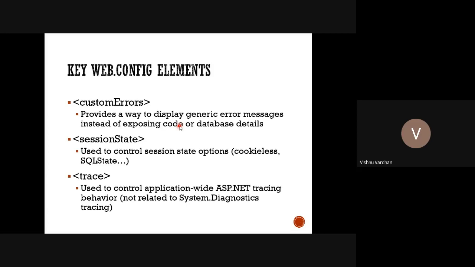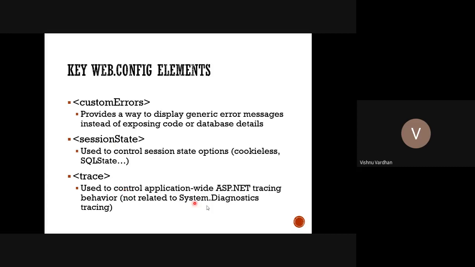Simply showing the JavaScript error or some coding error onto the interface is not a good way of doing the thing. So that's why custom errors will be handy in those circumstances. Okay? तो वो सेक्शन इंप्लीमेंट करने के लिए आपको इसके अंदर इन्फॉर्मेशन राइट करना पड़ेगा. Then session state, as we have seen with the example, session state we can maintain in the SQL state, in process, state guidance. So there are different settings that we can do in the session state elements.